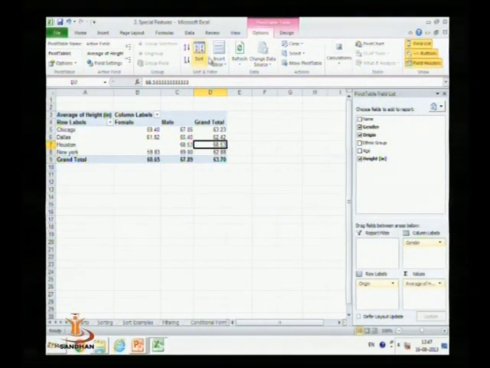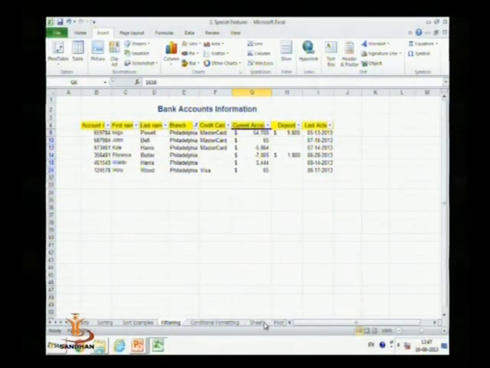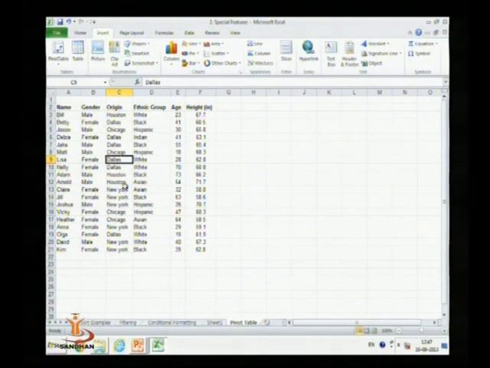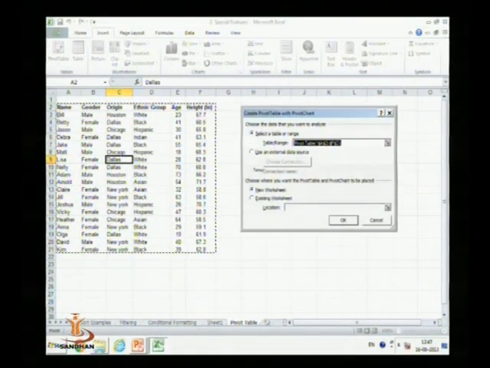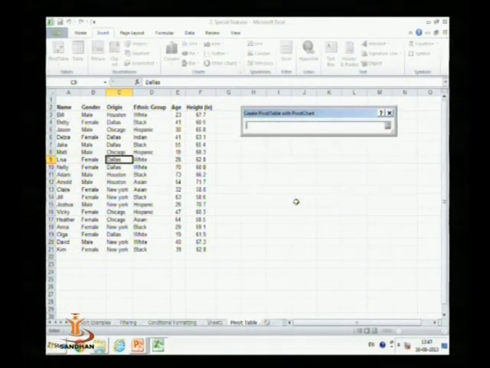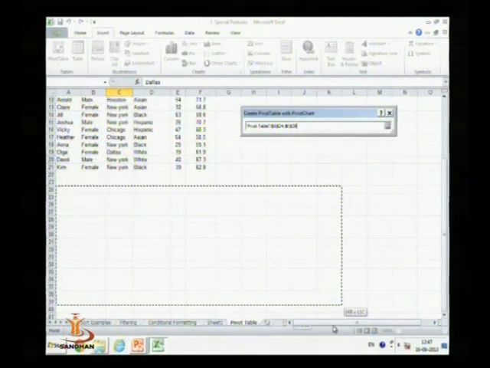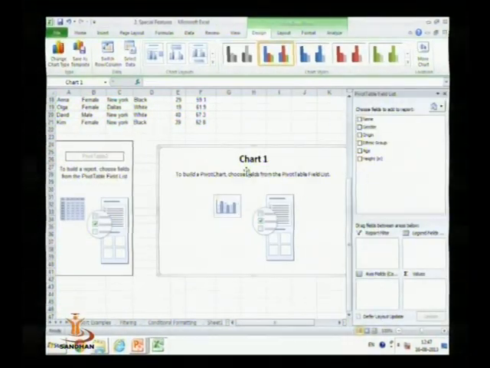Suppose these are our original data, and if you want to add the pivot graph, just select insert and select pivot charts. So this range is automatically selected, and we can specify the location. Suppose we want the graph here, so we can specify the location of the graph.